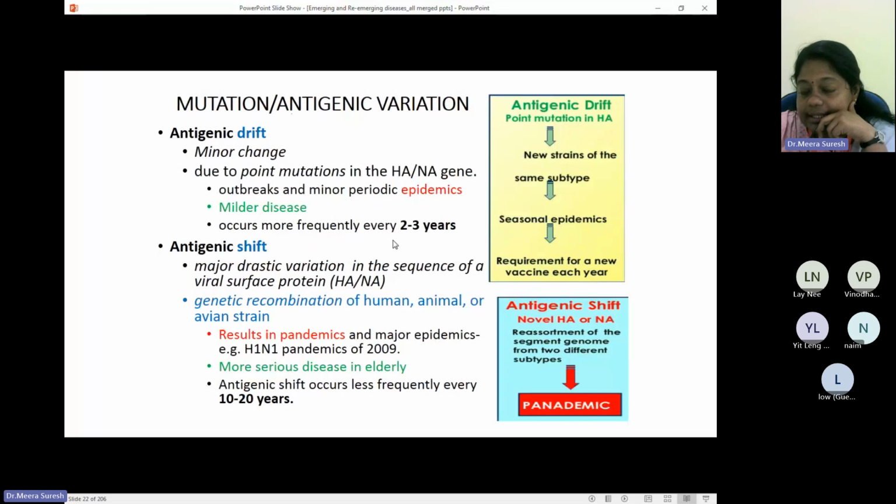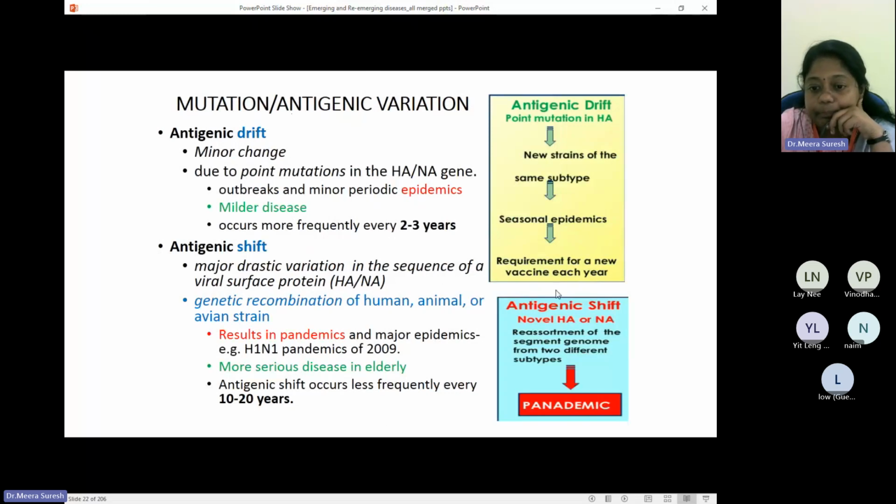Every 2 to 3 years, the influenza virus undergoes antigenic drift. Whenever it goes through antigenic drift, it produces a point mutation, and the point mutation happens in the HA or the NA antigen. That results in smaller outbreaks or epidemics. So every 2 to 3 years, we can see some variation of the influenza virus, which results in